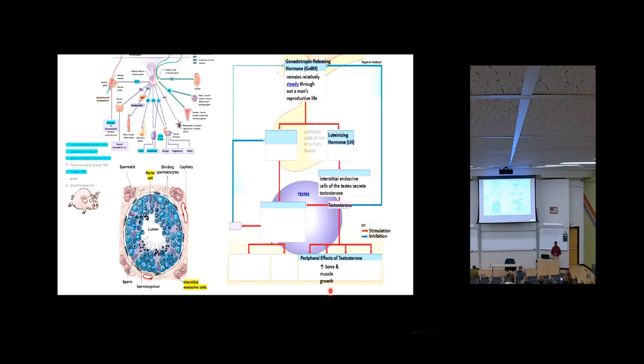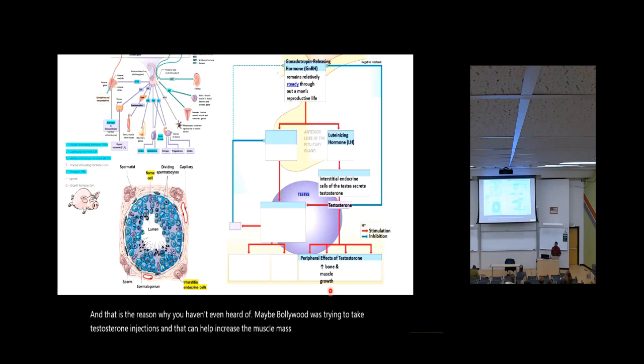And that is the reason why you've even heard of maybe bodybuilders trying to take testosterone injections, and that can help increase the muscle mass and also just the overall physical size. But there's a downside to this, and the short answer is it can cause infertility, right? So by the end of this slide, you should be able to explain why having excessive levels of exogenous testosterone